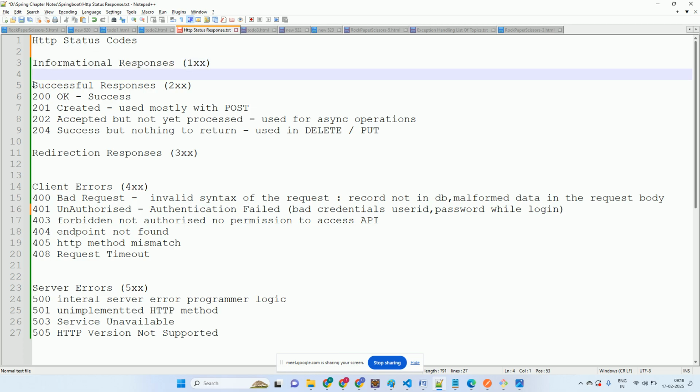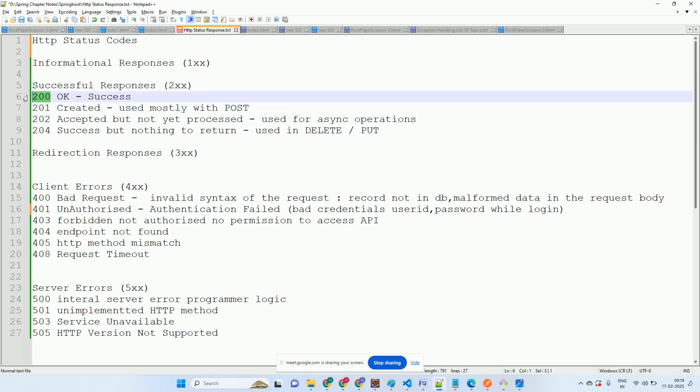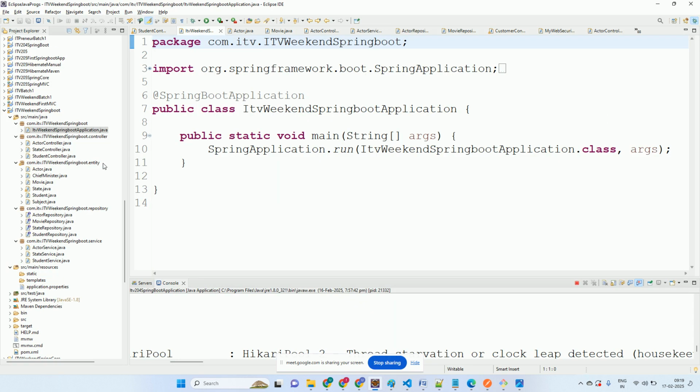Status codes starting with 2 are all your successful responses. If you hit any endpoint and whatever task you intended is successfully completed, you should get these responses. 200 means okay, success. 201 means created, so it is used mostly with POST. If you are trying to hit a POST endpoint,